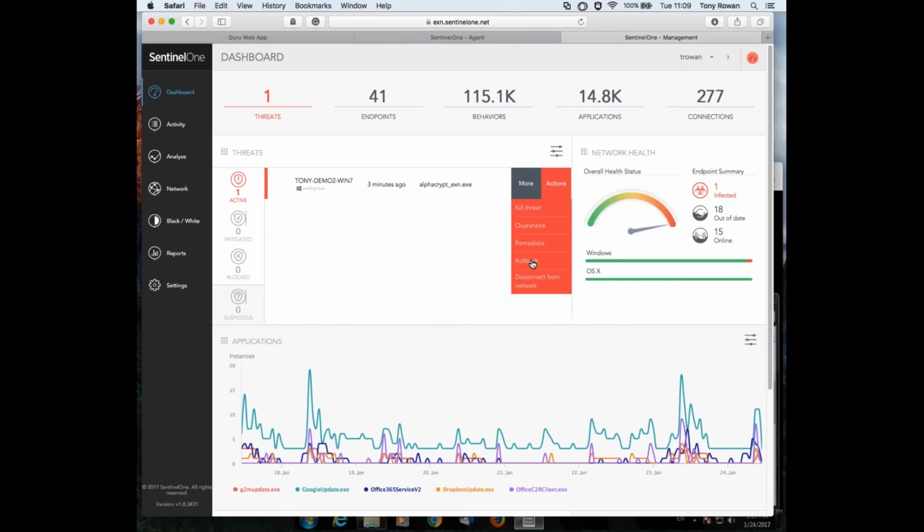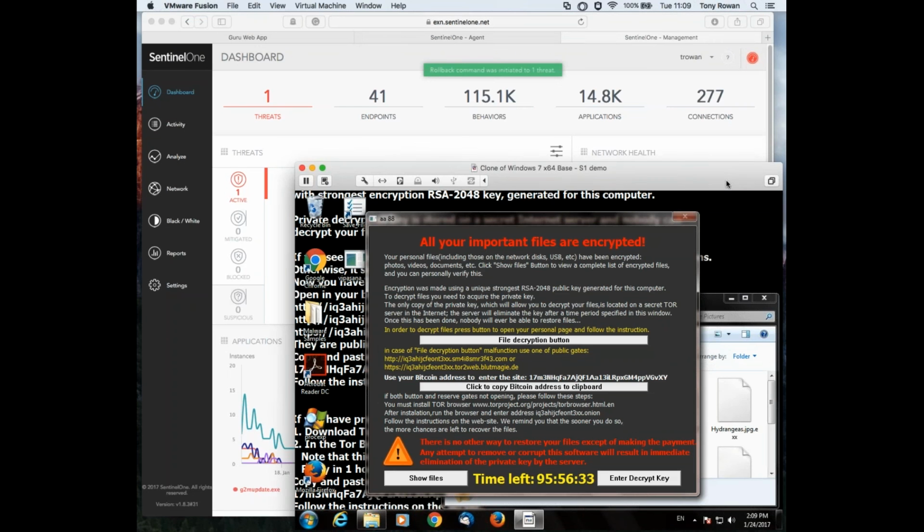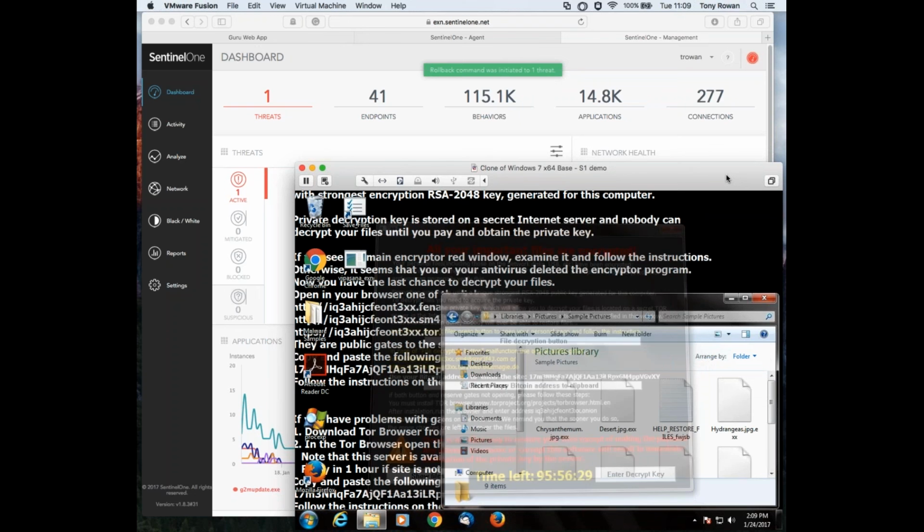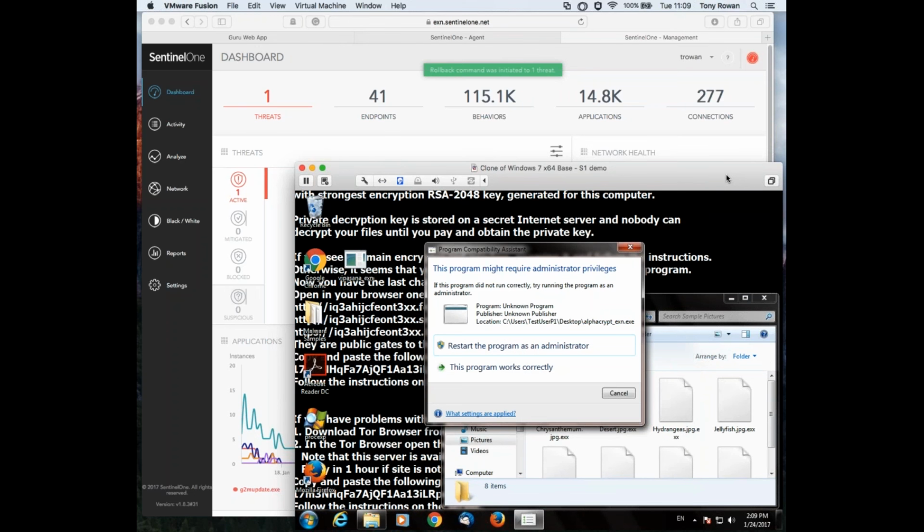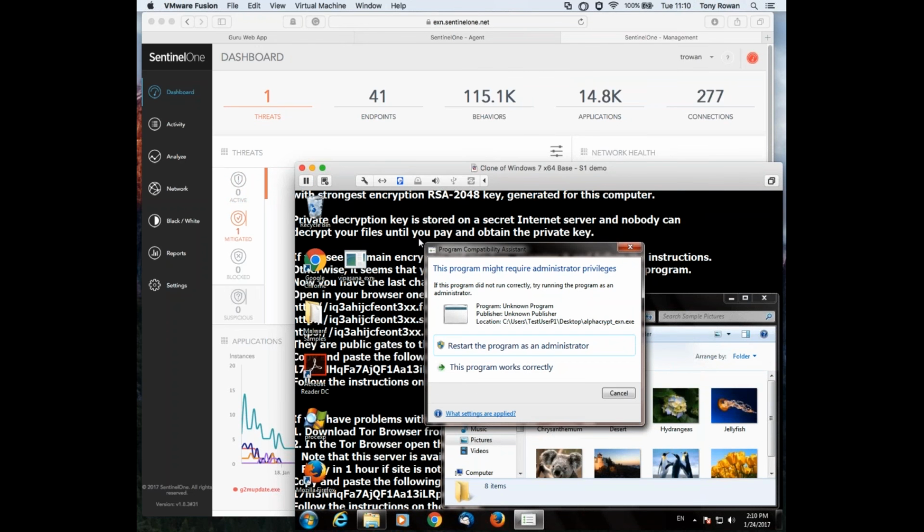So what I'm going to do is carry out the rollback operation. So here on the endpoint, it will kill the running processes, not just the initial process, but any additional processes that were run. It will quarantine the component to prevent it running again. You'll see it's disappeared from the desktop. And it will also remediate and roll back the system if I try to restart it. So there we are. We have all of our files back, and the system is back to a known good